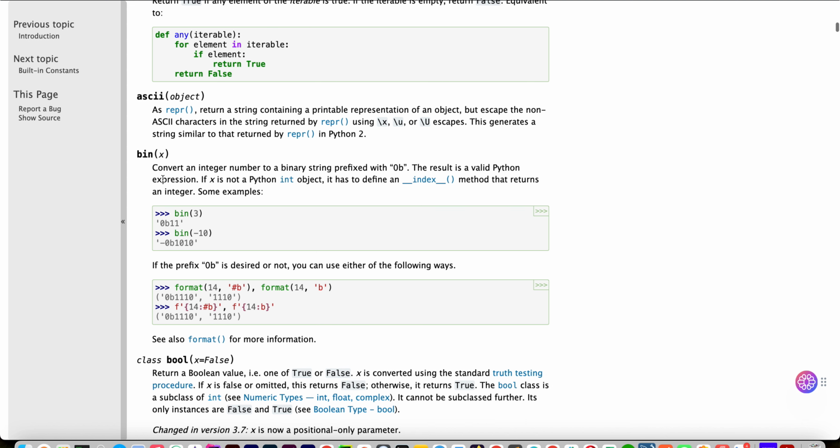bin(x) converts an integer number to a binary string prefixed with 0b. The result is a valid Python expression. If x is not a Python int object, it has to define an __index__() method that returns an integer. Some examples are: